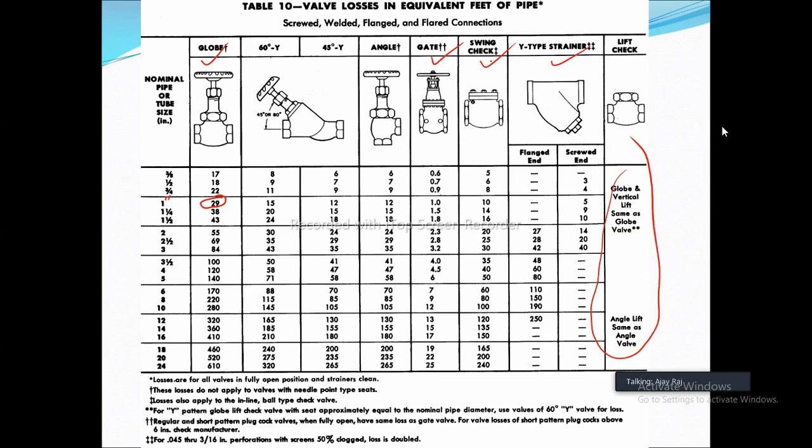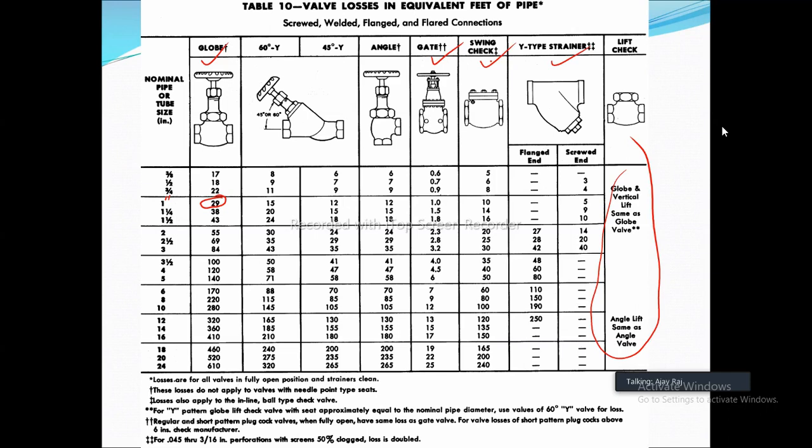What type of NRVs do we use? What is NRV or what is a check valve? Non-return valve. Yeah, it's a non-return valve. Check valve, which basically prevents the backflow of water. So this is based on gravity. So the gravity one will have more resistance. We'll see them in the coming slides also.